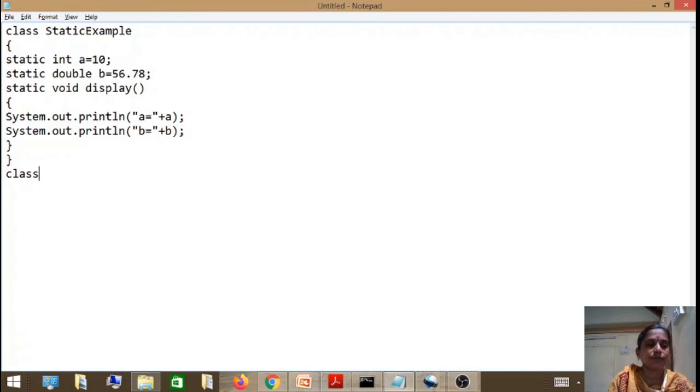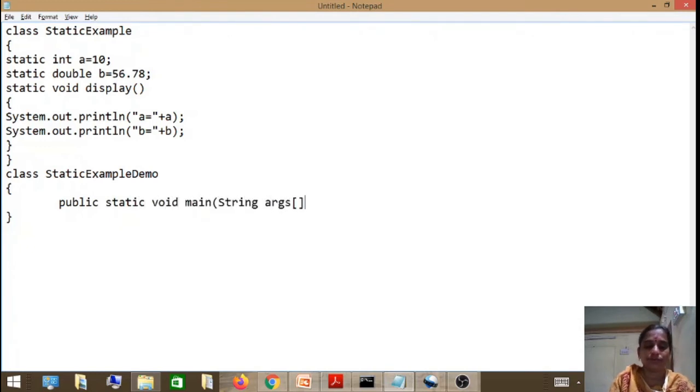Next, I am going to introduce one more class, StaticExampleDemo. In this class I am going to introduce the main method: public static void main of String args.